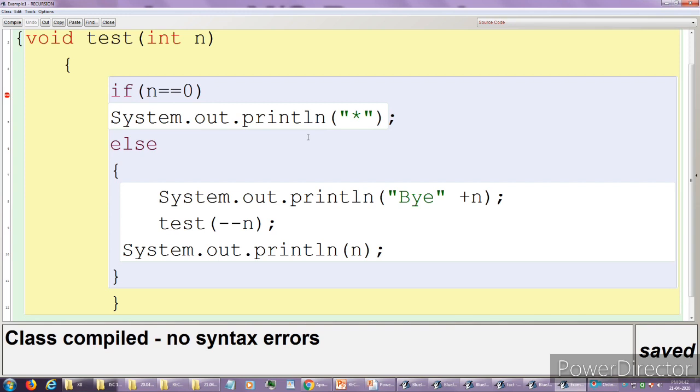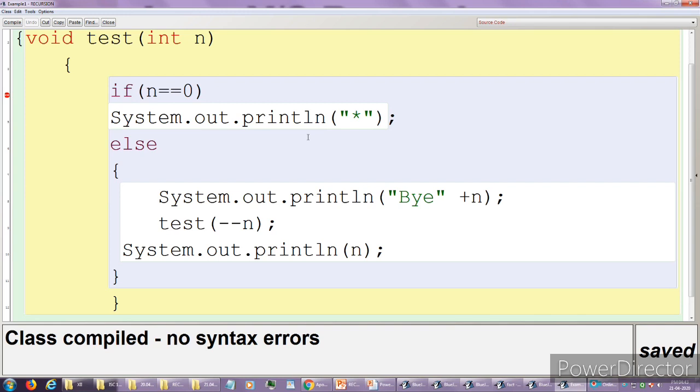For n, that means for 4, it will print. Then test minus minus n, the value of n became 3 and it will call itself within its body. Then it prints for 3, for 2, for 1. When it prints for 1, then again n minus minus 0, the condition is satisfied. Then it will print star. Then the program ends.